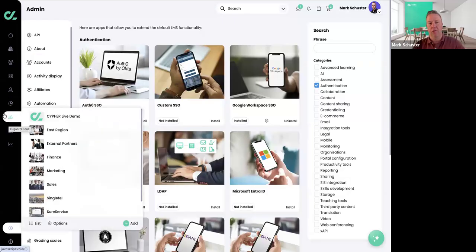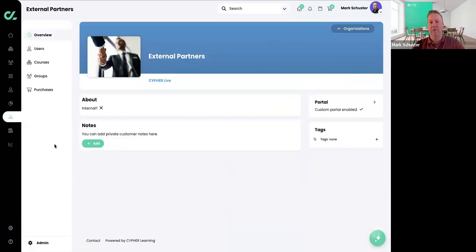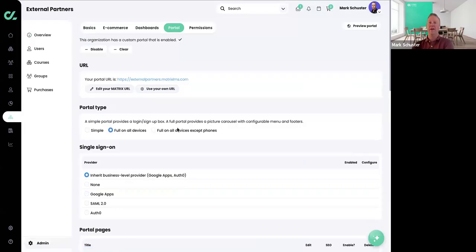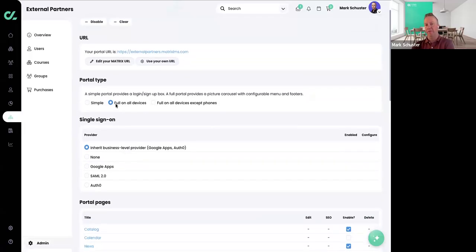So we're going to go into our organizations over here, and I have an organization for external partners, which is a parent organization for all of my different external partners. And once I do that, I'm going to come in here and I'm going to go into Portal. I've got a separate URL for them to log in, for example. And same thing, I have all of those different types of portals, but now I can change the single sign-on